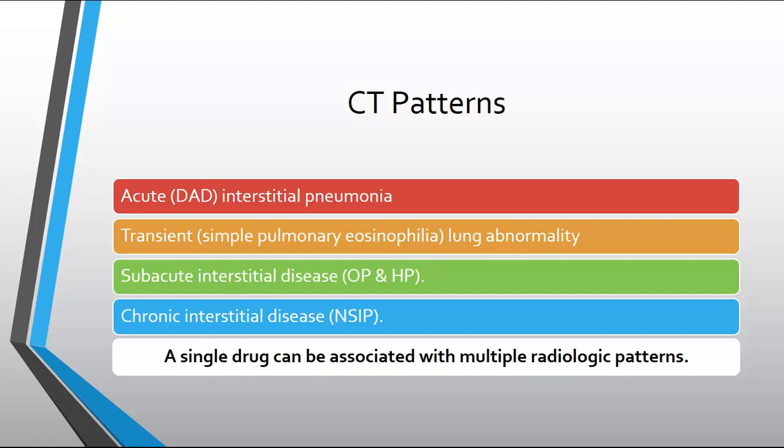CT patterns that have been described: actually there was the acute pattern, which looks like diffuse alveolar damage, interstitial pneumonia. There was a transient pattern, which is simply a pulmonary eosinophilia pattern with an AEP pattern that you can see on the CT scan. Subacutely, it can progress into OP or hypersensitivity pneumonitis, and on the chronic phase, it can even look like an